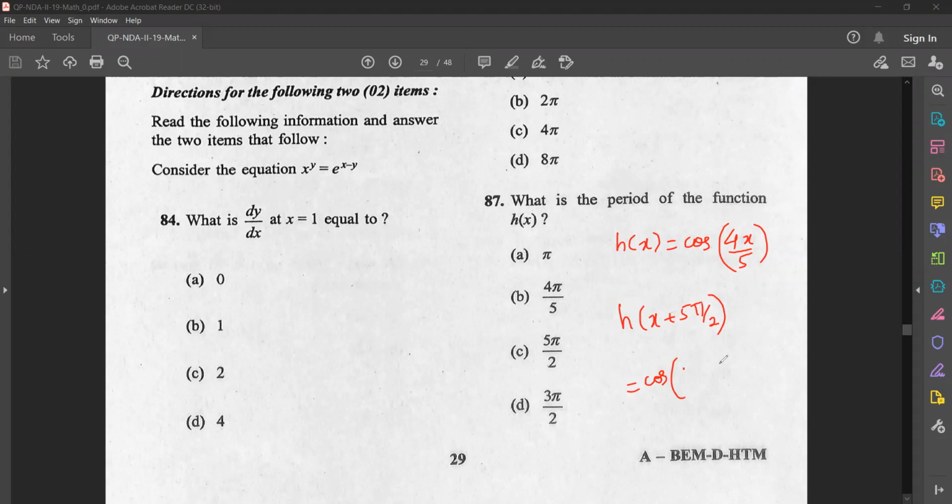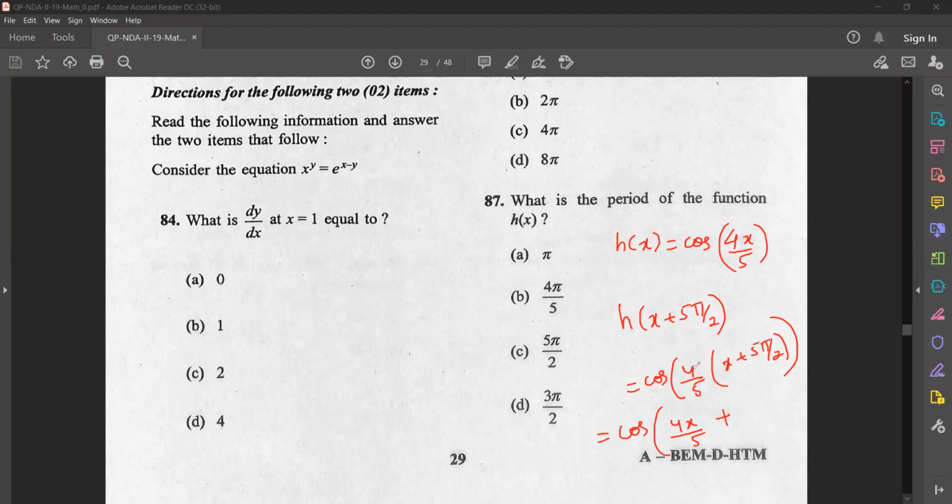In the place of x, I have to put x plus 5 pi by 2, so 4 by 5 into x plus 5 pi by 2. Then that will become cos 4x by 5 plus